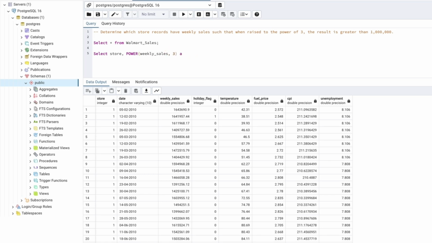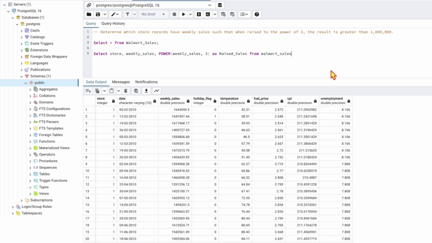Give it an alias name as raised sales. We want to compare it with the original weekly sales value. So let's have the weekly sales column next to raised sales. All right. From the table name,